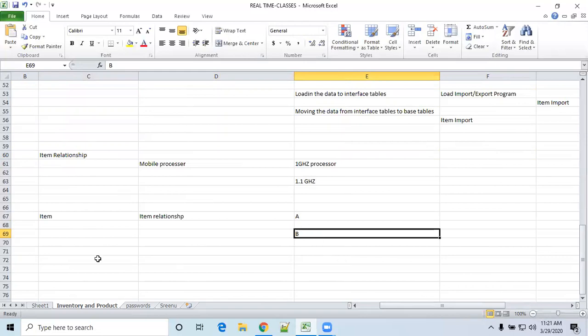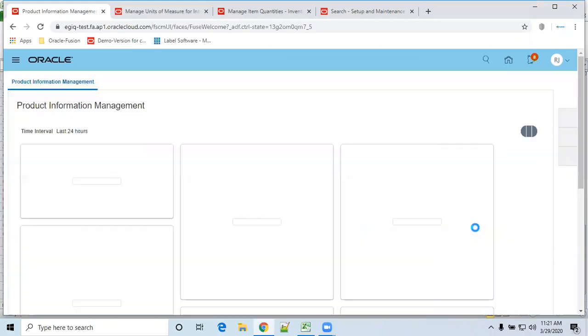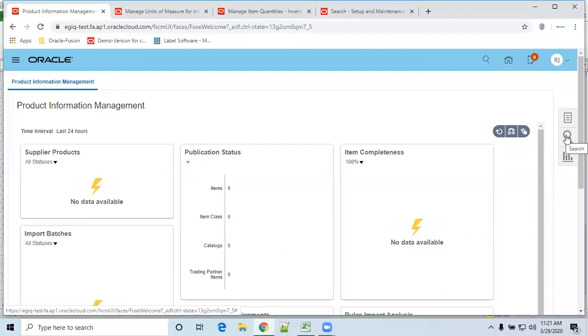That is the purpose of item relationship. So how do we do this in the product management item master screen? You go to product management, go to product information management, and I said create item. Create item is the place to create your item.